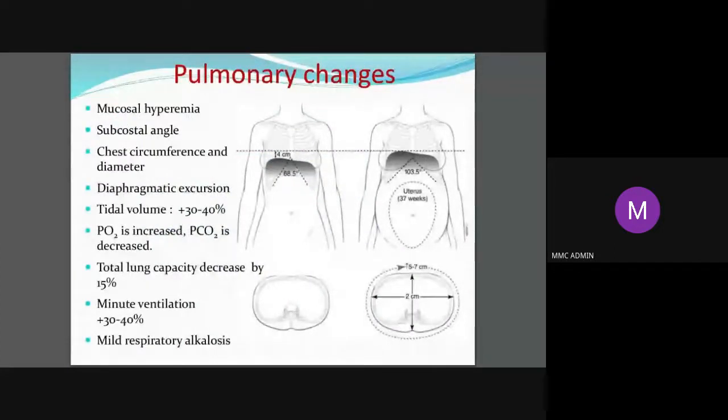Right, next comes the changes in the respiratory system. And here is another interesting clinical point: a pregnant lady several times may tell you that she is feeling really breathless. She is breathing fast. What are you supposed to do? You should auscultate both the lung fields as well as the heart sounds and see if she is having any problem. But don't panic immediately and go for an echo and an opinion and all that.